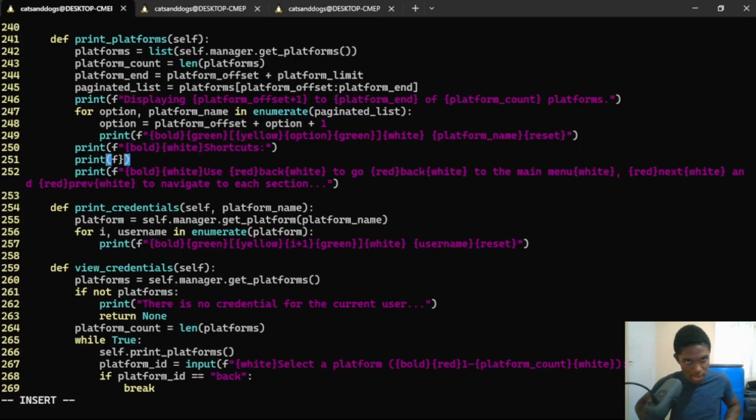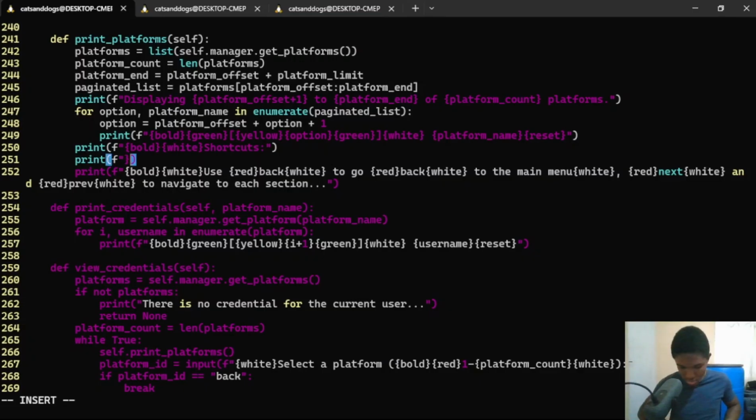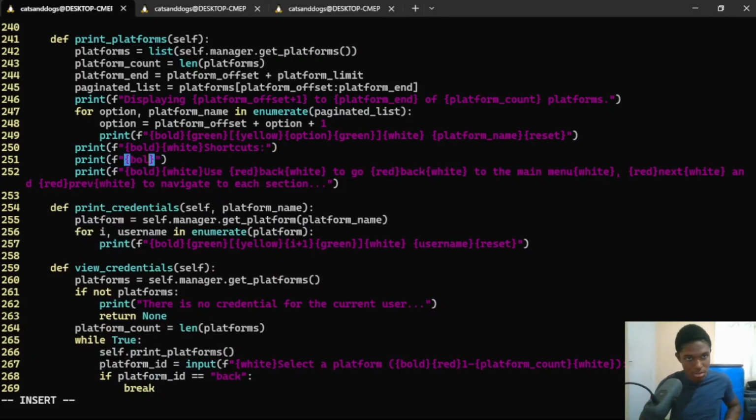This could be white, this could be bold, this could be white. One, we could say use back to go back to the main menu,